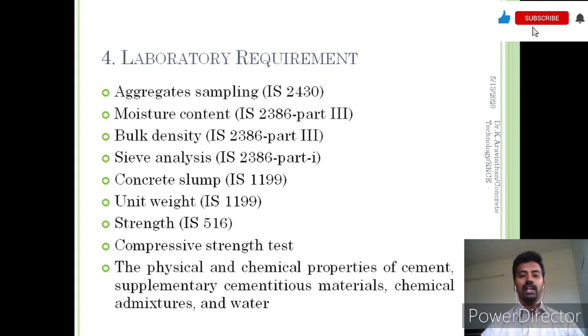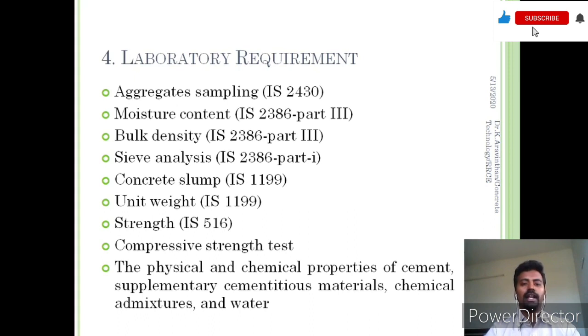The next thing is the laboratory requirement. You need a laboratory in the ready mix plant in order to test the samples. Whenever you receive a quantum of material, the material should be sampled.